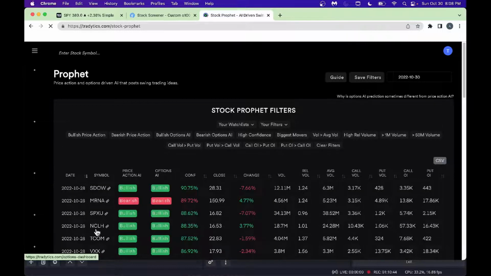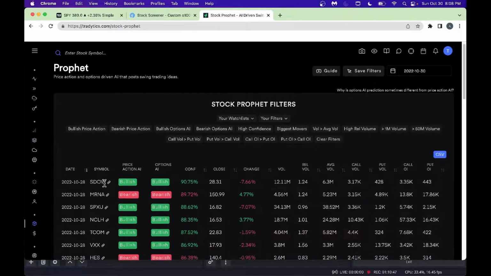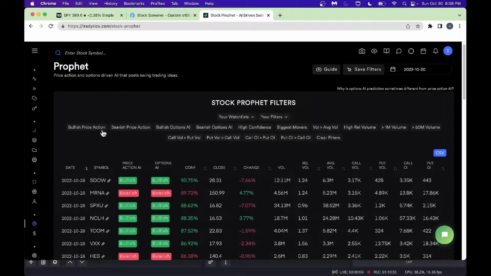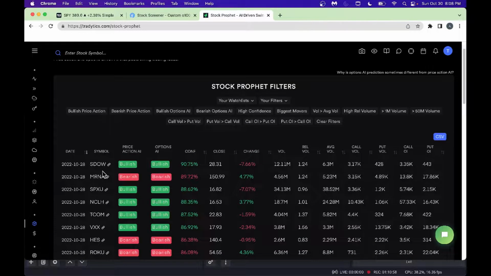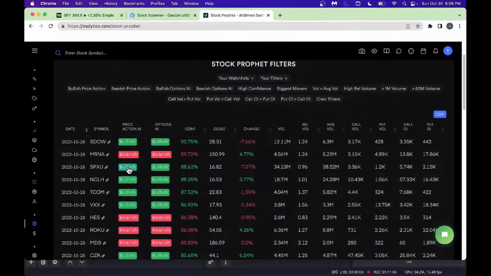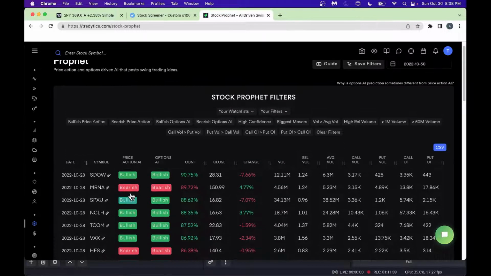All right, so look, we got a profit chart here. It basically tells you the price action using the AI driven. It basically helps you to make some predictions here. Just by looking at this here, you can see here we got SDO, and we got here Moderna, and so on and so forth here. And you can see what's bullish, what's bearish. And most important thing is it tells you what the confidence level. For example, SDO here, it's the short Dow Jones. It's a bullish sentiment. The confidence level is 90%, and this is generated on 10/28.